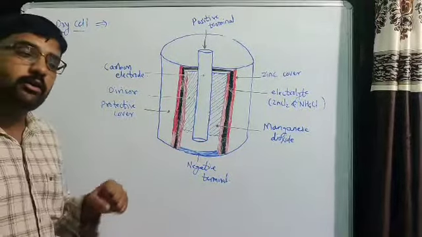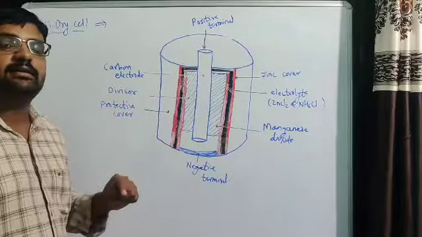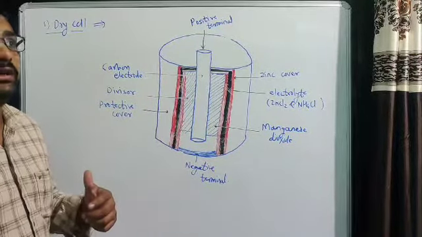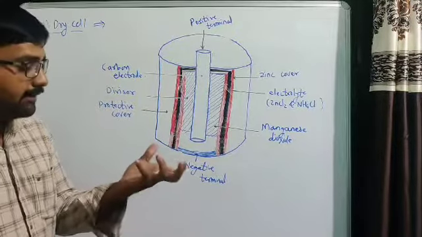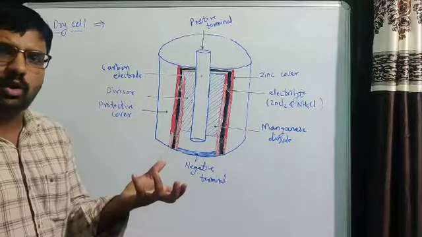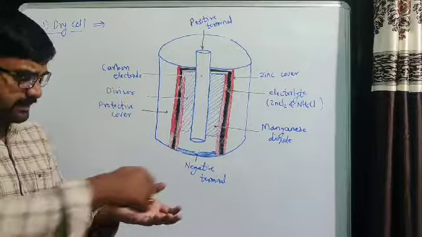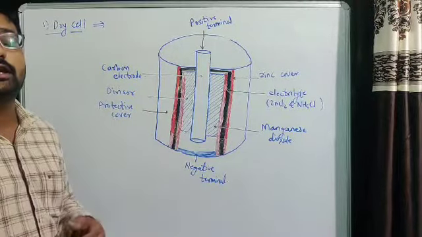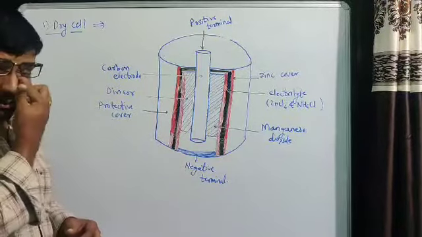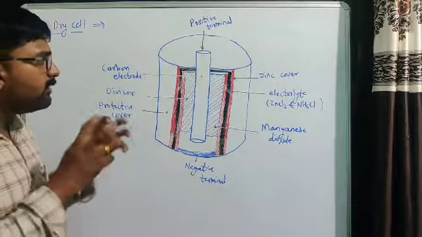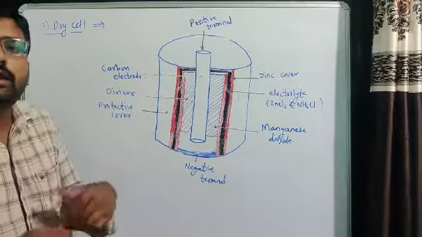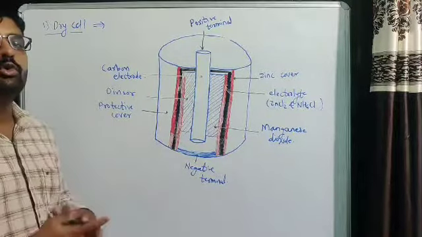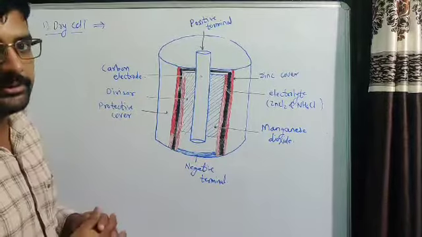So what are cells? These are electric devices which are used to generate potential difference. In our remotes we generally use cells to generate potential difference. If you remove the cell, what happens? Signals are not passed through the electronic remote. So the main working of the cell is to generate potential difference between two terminals of any circuit.